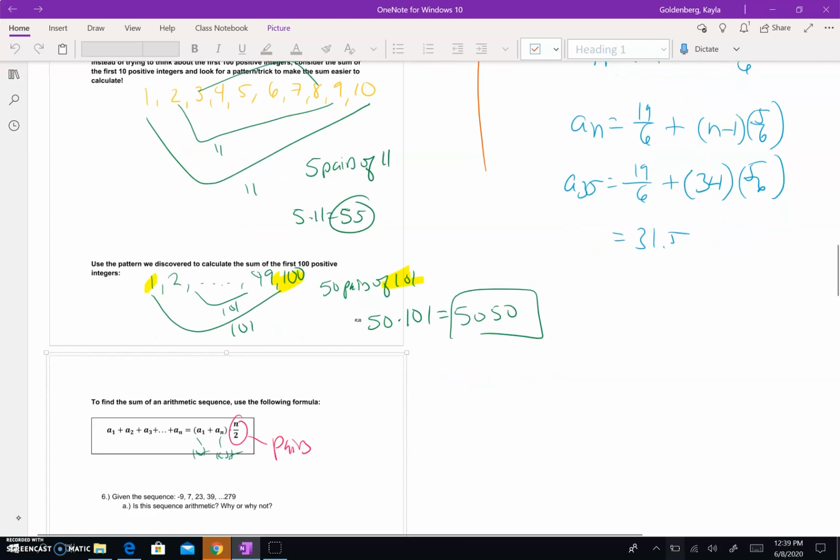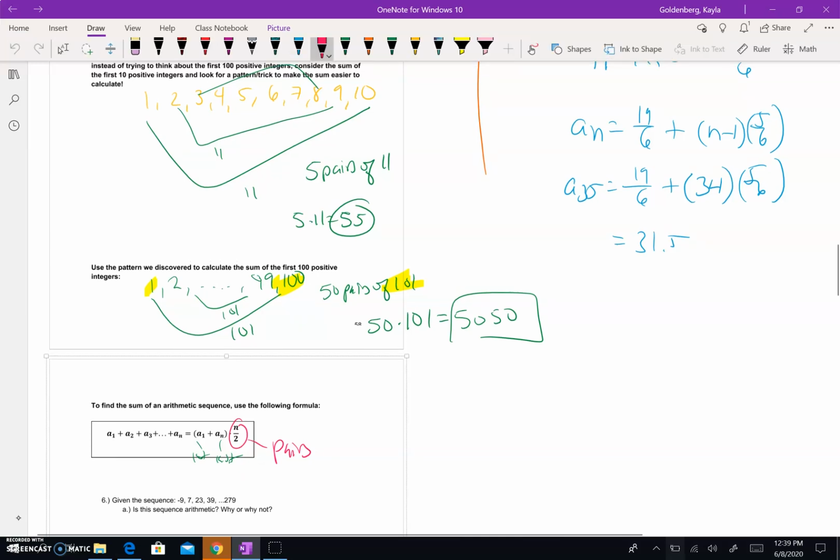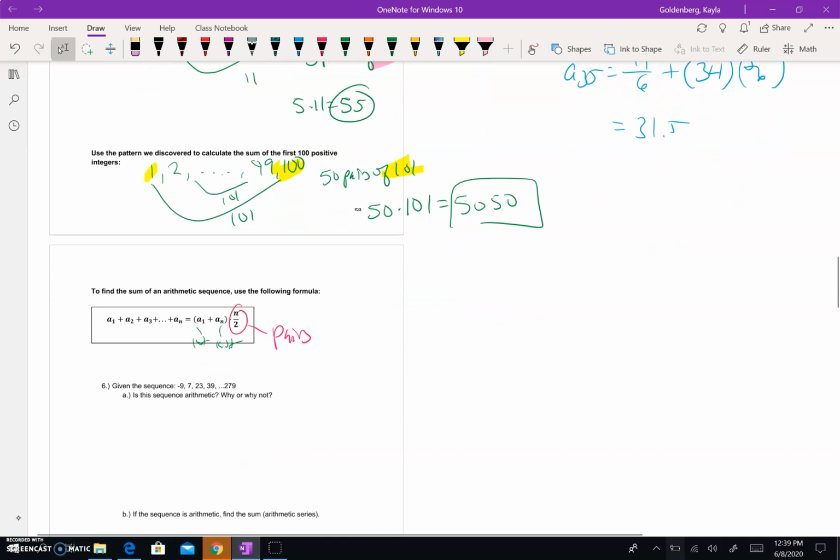And we had seen that the general formula was first term plus last term. And that gets us, like, the 101 or the 11 from the first example. And remember, we always saw that from first and last term added. And then we multiply that by how many pairs there were. And pairs, you can take however many total numbers there are and cut it in half. So this is just a sum,